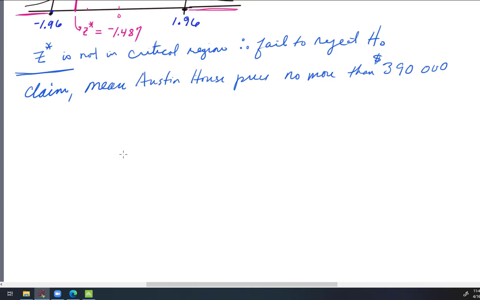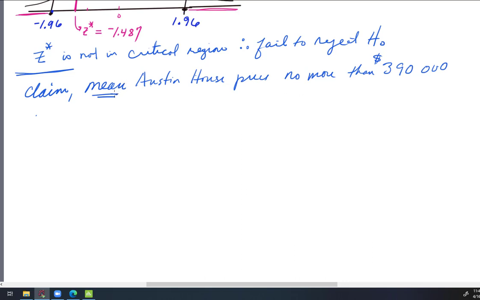So there's a claim. Now this one's not a claim about a proportion. This is a claim about a mean, and it's talking about the mean of a population. The population is Austin houses that are selling, and so I think we would say that the claim